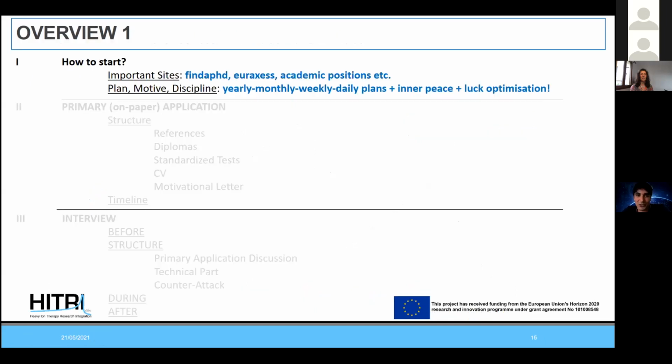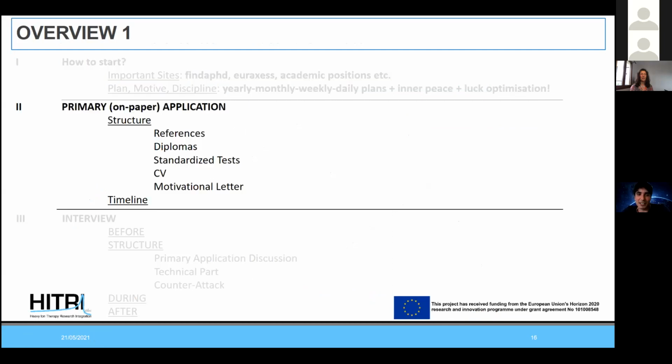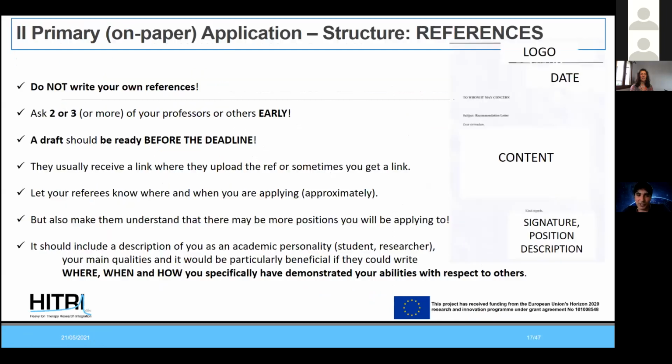So now that you know how to start and where to look for the application and funding, let's see what the primary or on-paper application consists of. So the first part is the referees. You should not write your own references. That's one thing that I would like you to focus on. If your supervisor or professor or anyone asks you to write your own reference, that's a red flag and I wouldn't do it. So I would ask 2 or 3 or more professors or others early, and you should mention